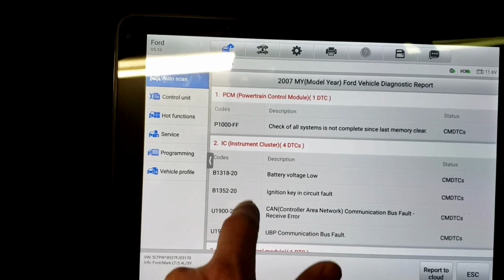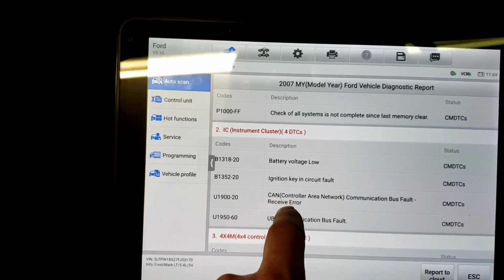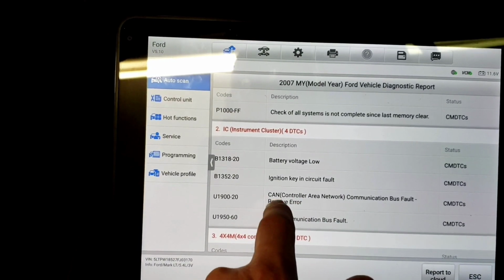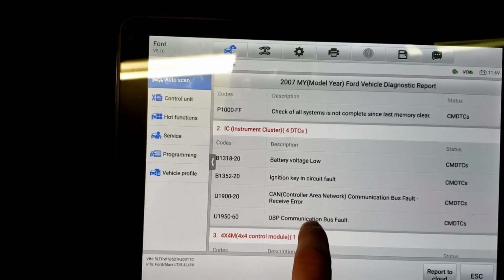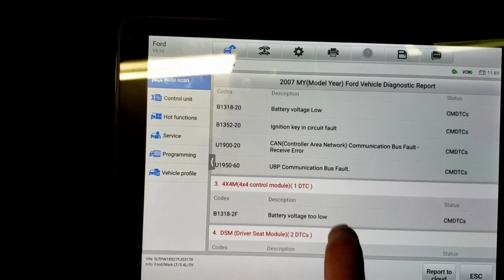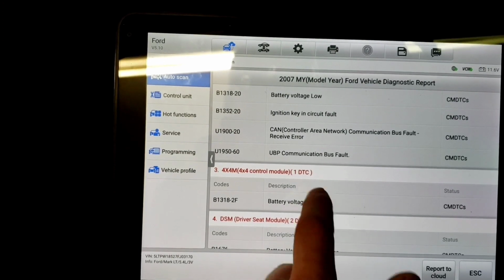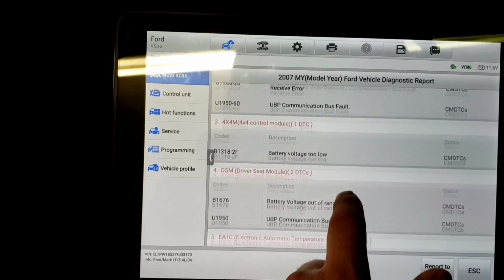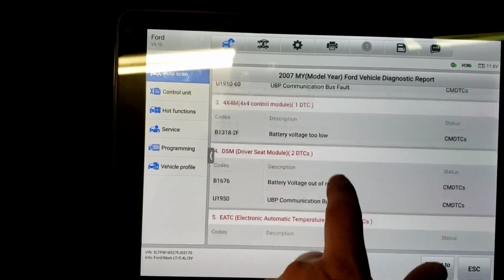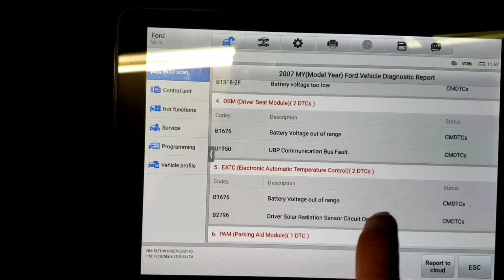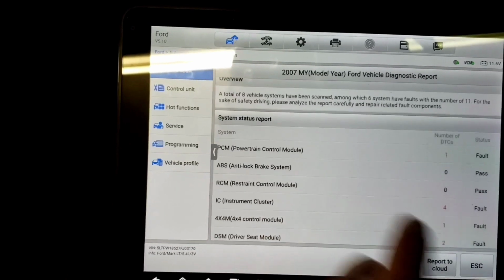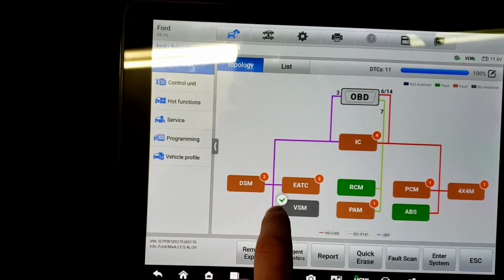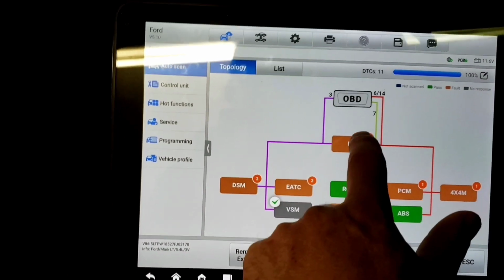Don't care about the ignition key and circuit, but we have a CAN, controller area network, communication bus fault, receive error in the instrument cluster, and a UPB communication bus fault. And then battery voltage low, don't care about that. Battery driver seat module, UPB bus fault. Don't care about those two. So the UPB bus, the reason I'm concentrating on that is this vehicle. So the instrument cluster